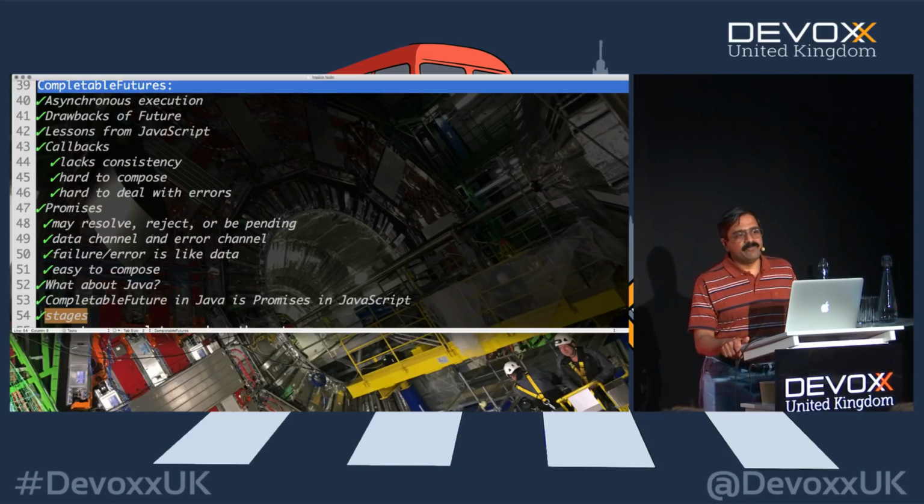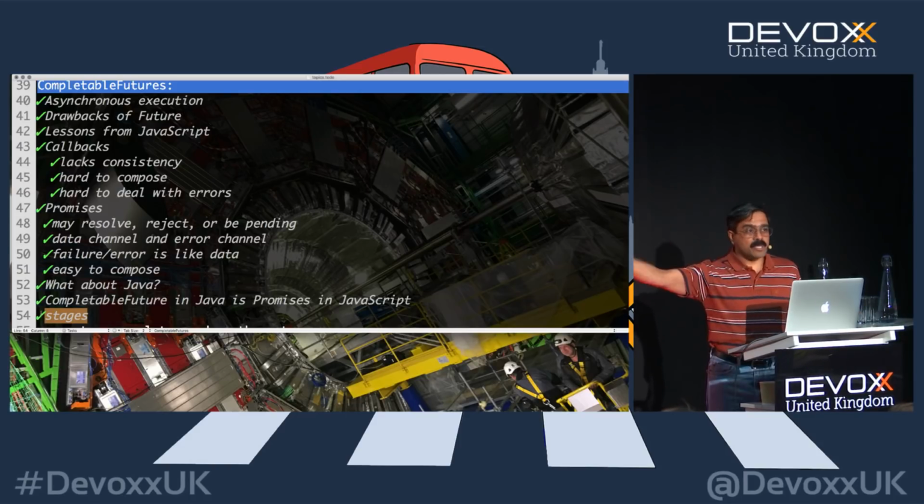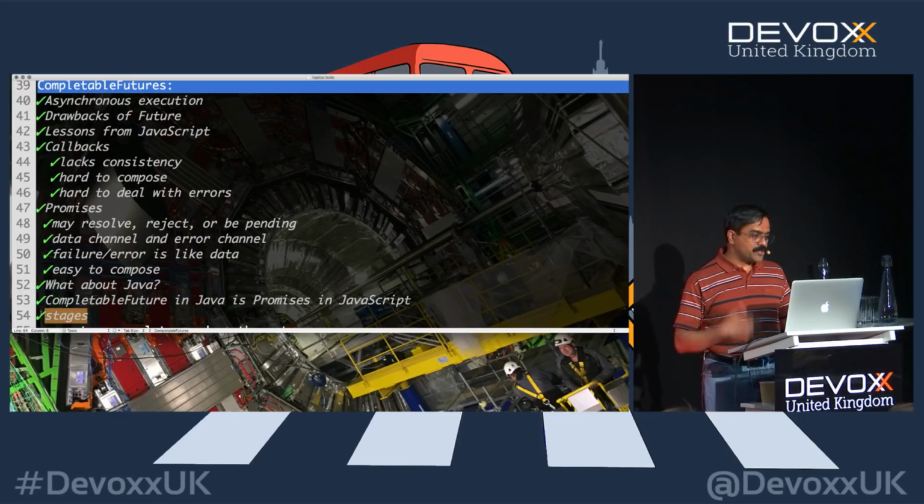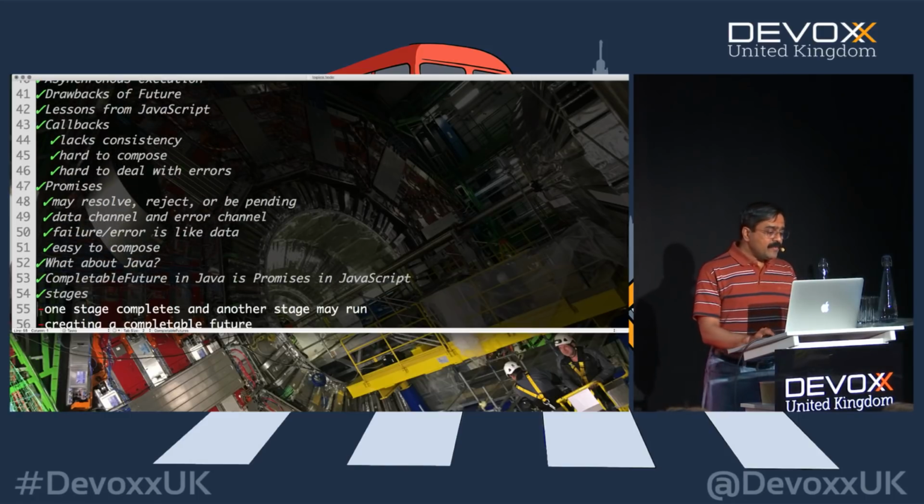So think of this as a very long running train. There are times you get on the train at some point, you get off at a certain station, and you don't worry about where this train actually ends, because it may never end. It may keep on going in circles, who knows. That's exactly the whole point: completable futures keep generating other completable futures. There's no end to it. Now, given this, one stage completes for another stage to run.